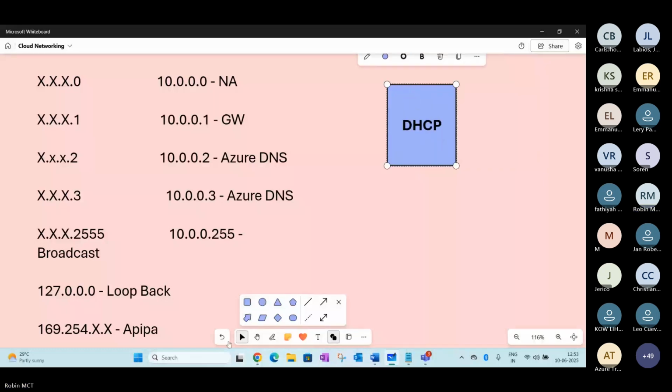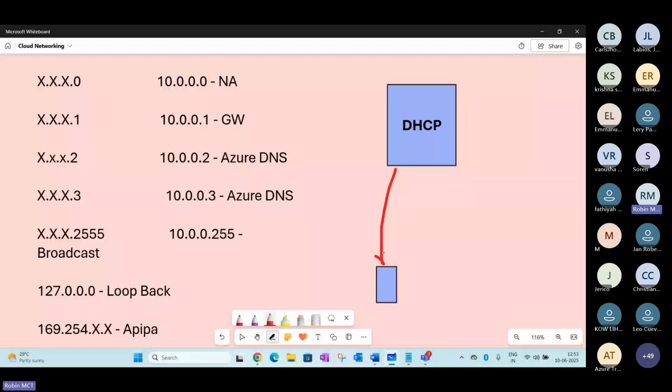All your computers get an IP address with the help of a process called DORA: discover, offer, reservation, and acknowledgement. With the help of that process, the IP address will be assigned.